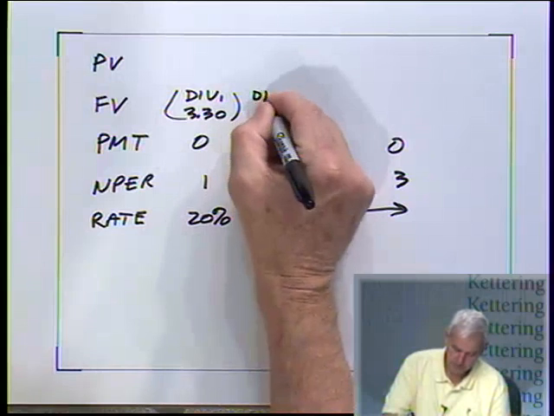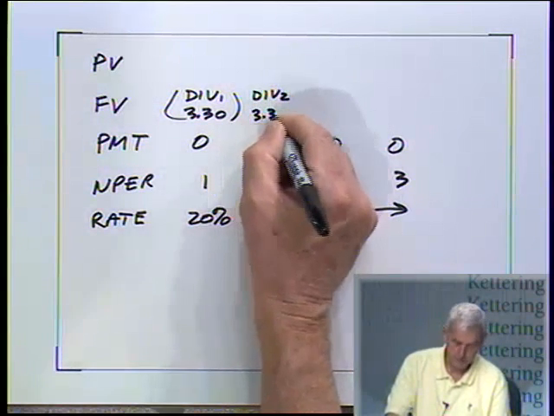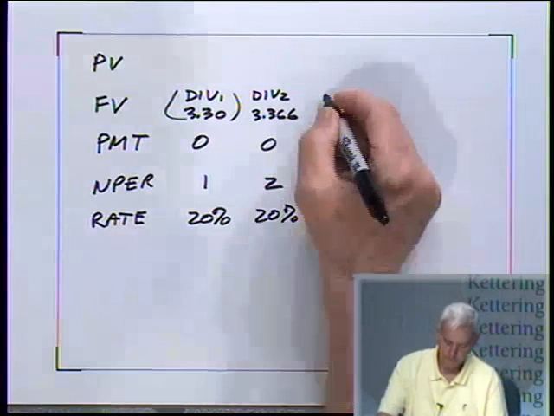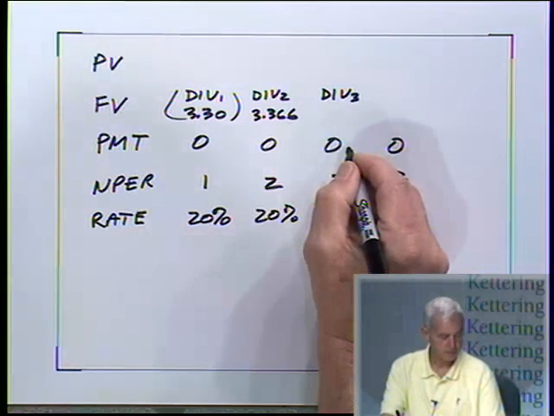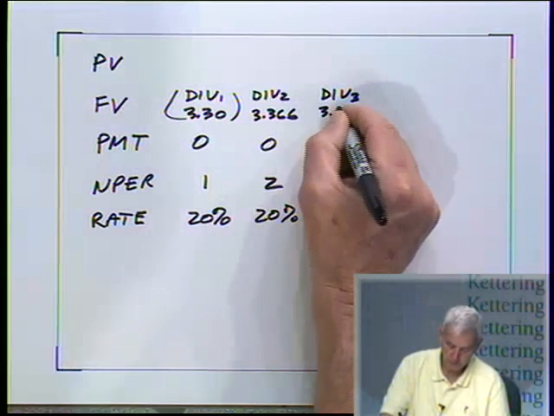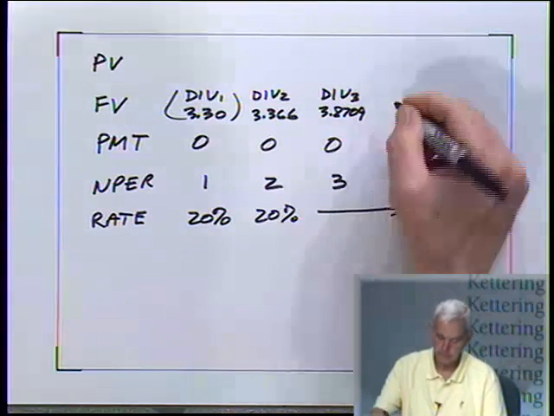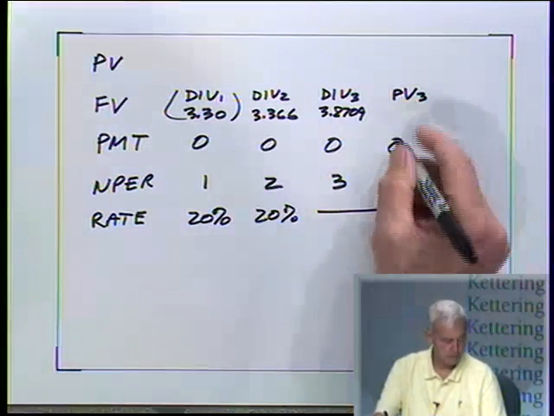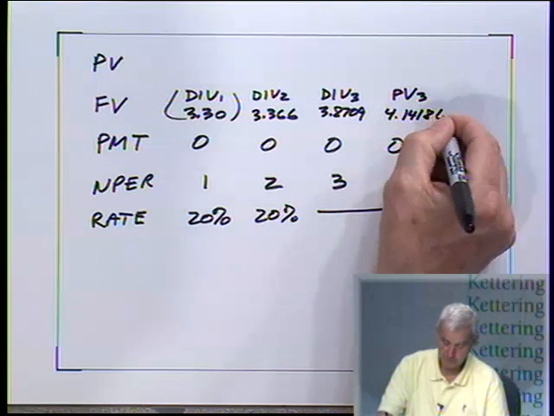Then this will be Div 2, which was 3.366. This will be Div 3, which is 3.8709. And this will be PV3, which is